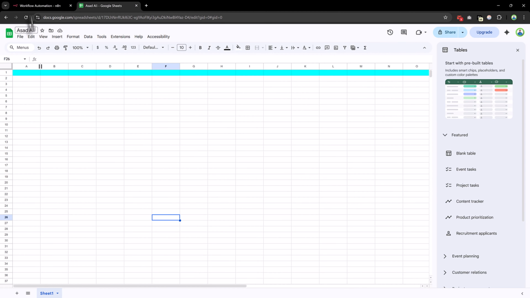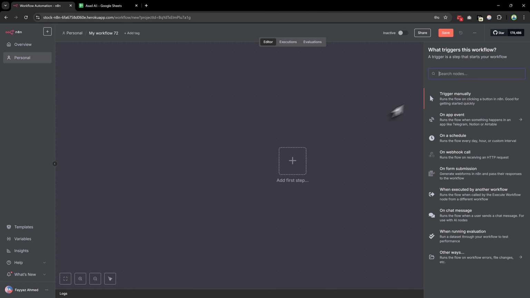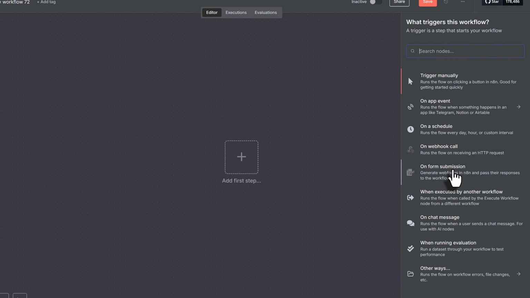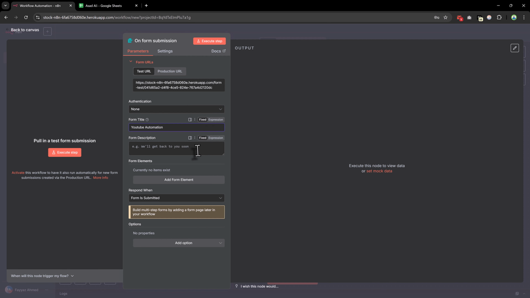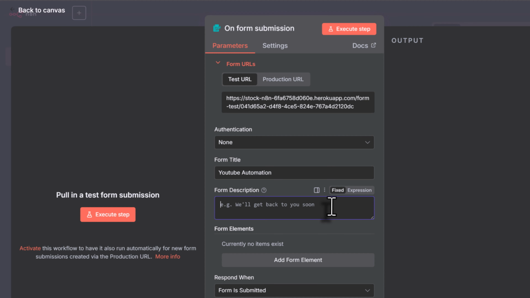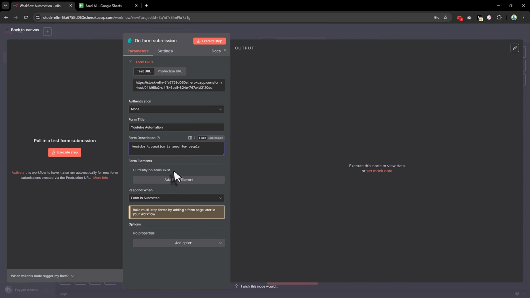And then we need to go back to the workflow and search for form submission and click on it. It is used for submissions. We need to add a title. Let's pause. YouTube automation. Okay, we need to add a description. YouTube. Okay, we add the descriptions, and in this area we have form elements, and we need to click on